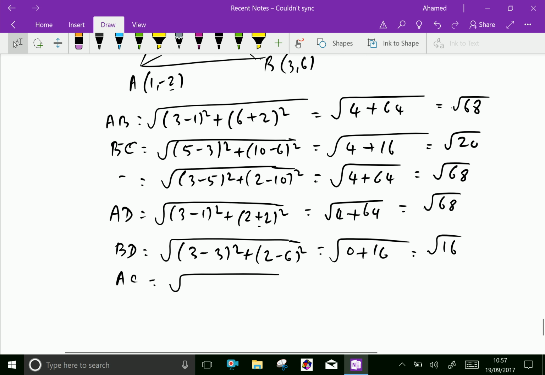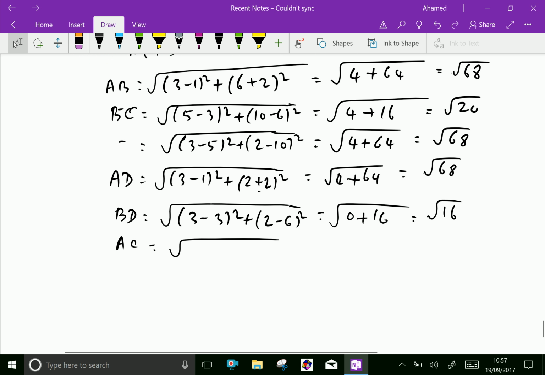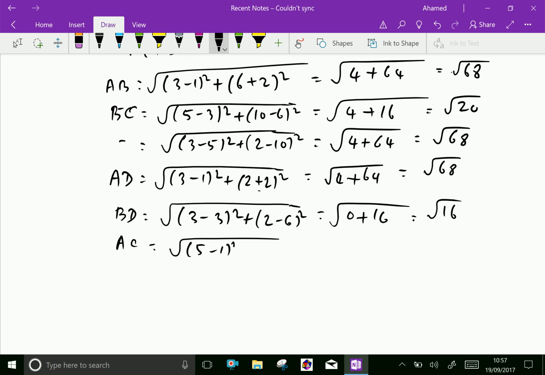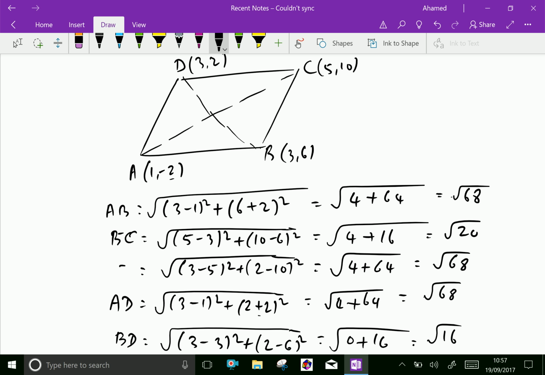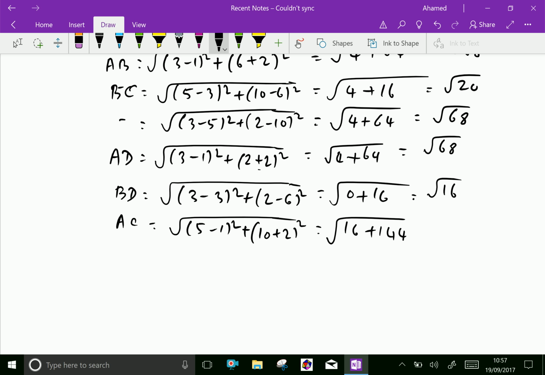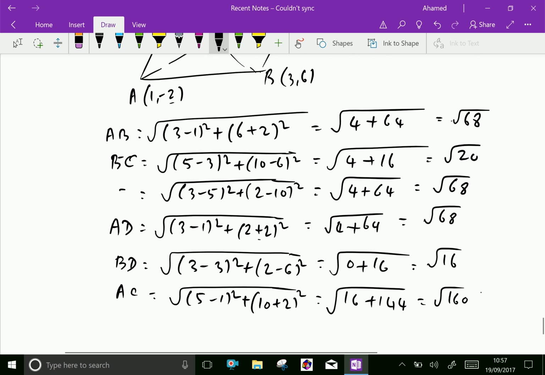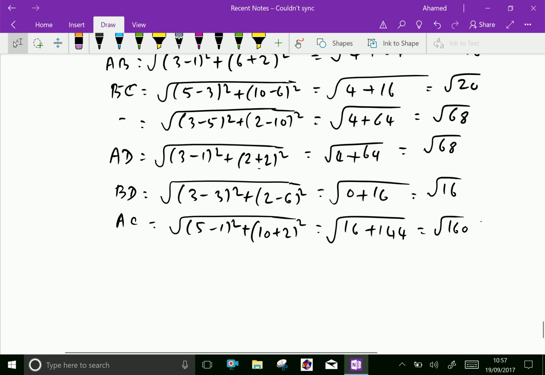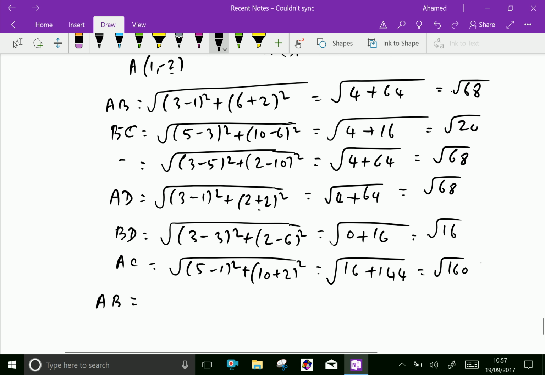BD and AC, the other diagonal, AC equals square root of (5 minus 1) whole square plus (10 minus of minus 2, that is 10 plus 2) square, which is equal to 5 minus 1 is 4, 4 square is 16, plus 10 plus 2 is 12, 12 square is 144, 160, square root of 160. From the above results, we can write